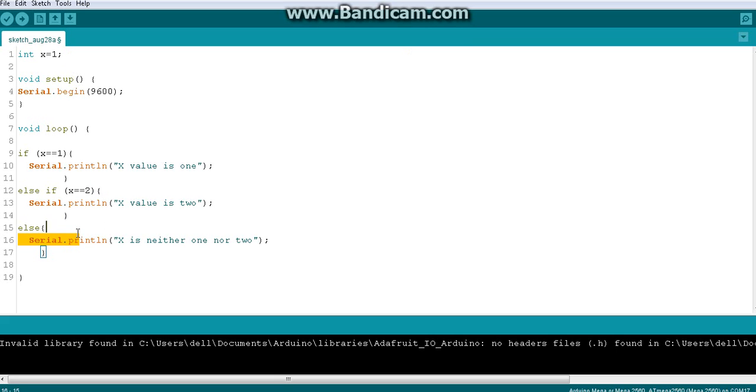So if you see, this is very clear. If this is true, we will do it. Then I will skip everything that is related to that if condition, else if, else, and everything. And I will move to the next line, and if there is any code, I will run that. And if this becomes false, I will check this. If this is true, I will do this, and I will skip the rest of the else. Okay, if both of these are false, then I will simply go to this else. That means both are false, then the else should become true, right? I will do this, and I will come to the next line, and I will start the next iteration.